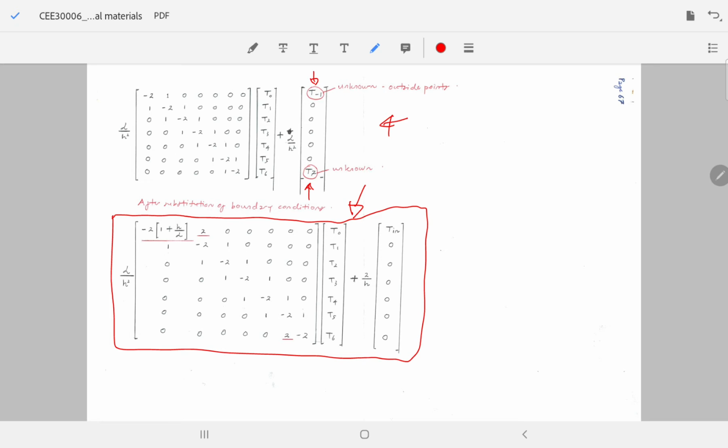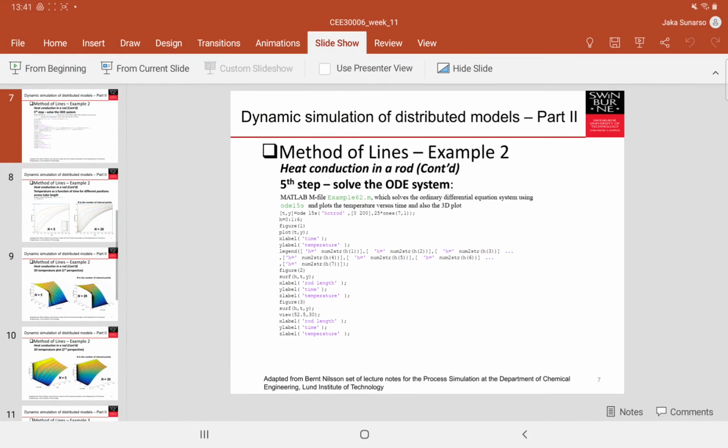In here, all the components of this square matrix, of 1, 2, 3, 4, 5, 6, 7, this 7 times 7 matrix, can all be made using ILO, except for these 3 components, 1, 2, and 3 in here, which we need to replace manually in the MATLAB code. So you want to compare this form of the matrix with the one in the slides.